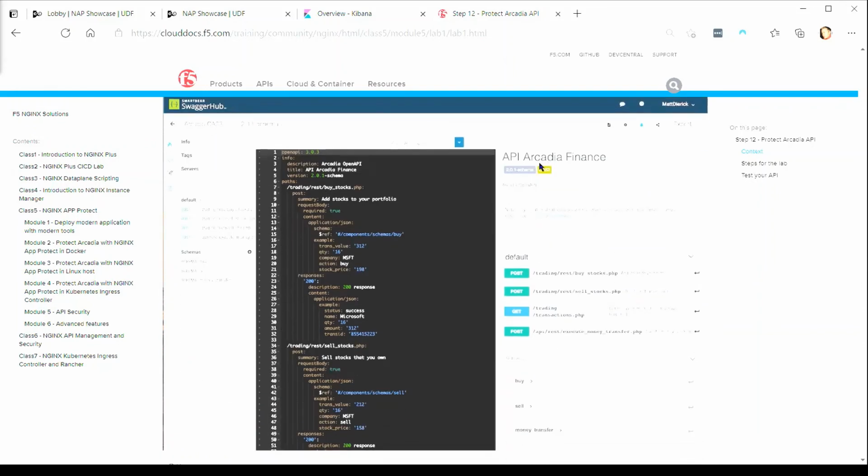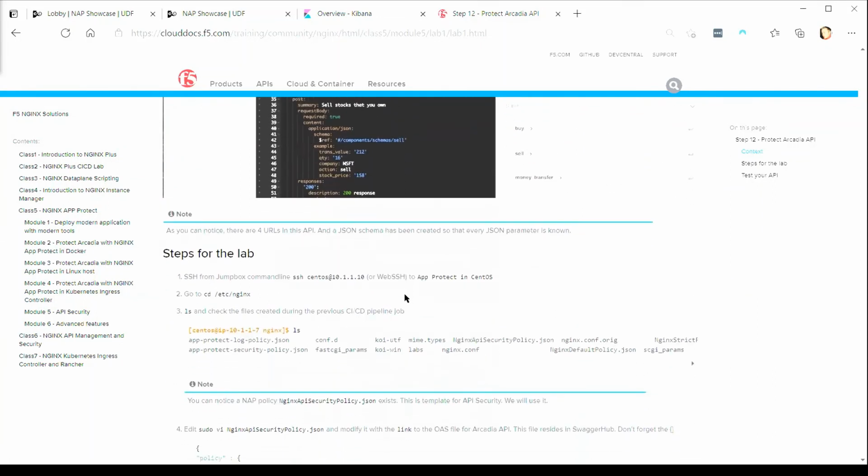But I wanted to touch upon it so at least we can see that we can go in and surgically target what we want to protect against. Much in the same way, of course, if you're familiar with the Advanced Web Application Firewall from F5. So feel free to go through these steps.